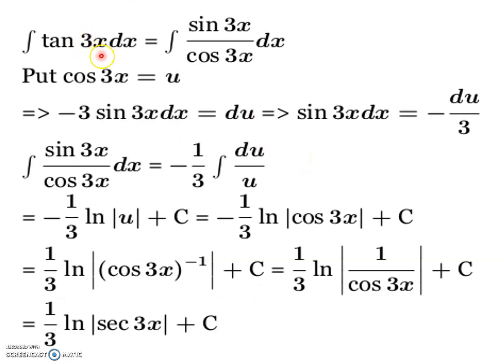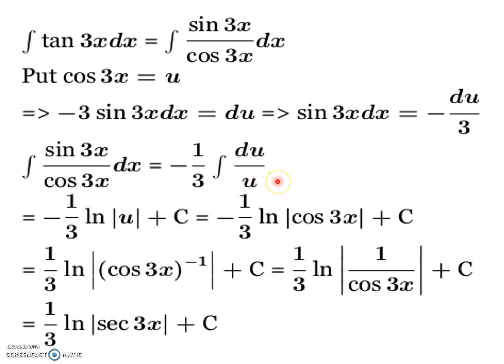Now we have to find the tan 3x integration. We know that it is sin 3x upon cos 3x dx. We substitute cos 3x is equal to u. What is the derivative of cos 3x? Yes, we know the derivative of cos x is minus sin x. That's why the derivative of cos 3x is minus sin 3x into 3. How does the 3 come? Yes, from the derivative of this term. So the derivative of u is du upon dx. We take the cross multiplication. So on simplification we get sin 3x dx is equal to minus du upon 3. Instead of sin 3x dx, we substitute minus du upon 3. 1 upon 3 is common, take it outside: du upon u. What is the integration of u? Yes,